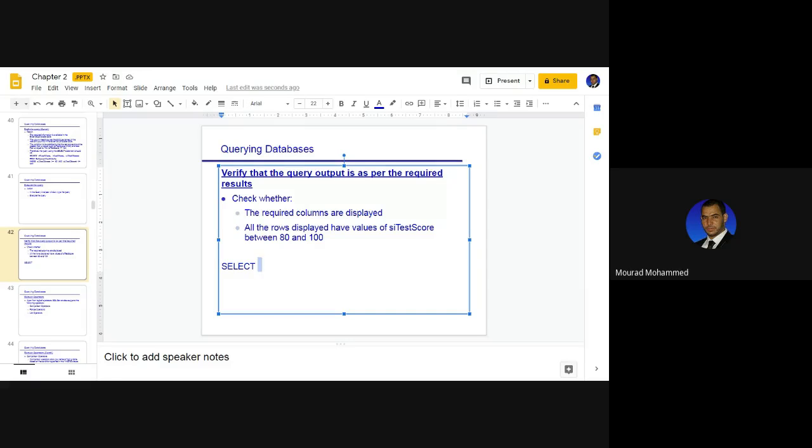For now, I'm going to just extract everything from STD gradient, which would be a table. Here we have the WHERE clause, where the student